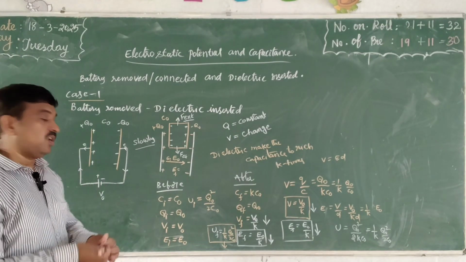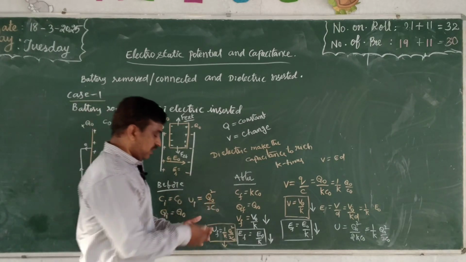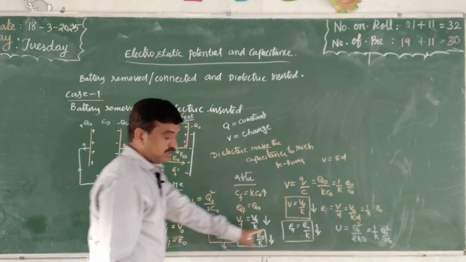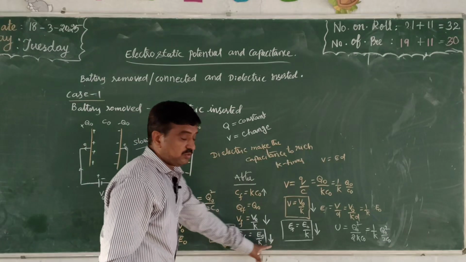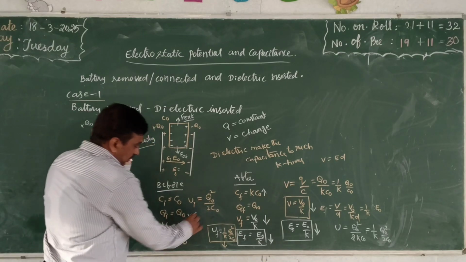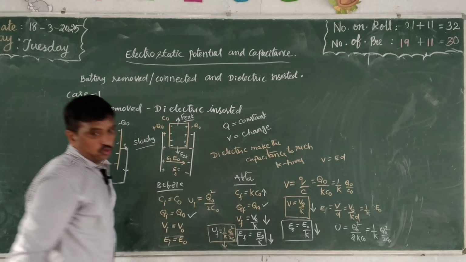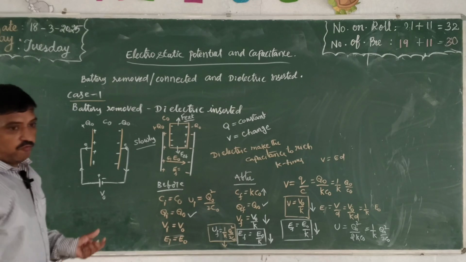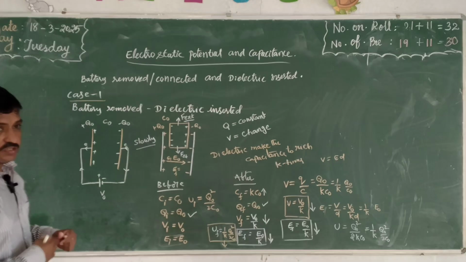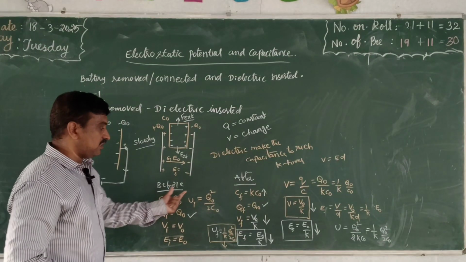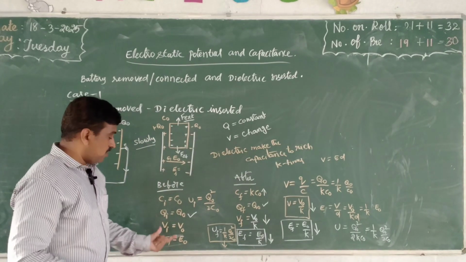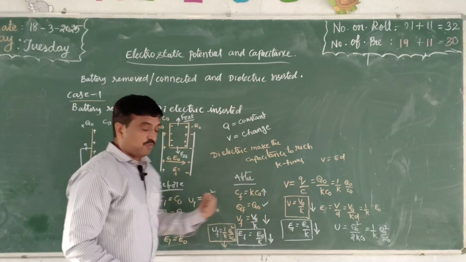What are the changes we observe now here? Capacitance increased K times, potential decreased K times, electric field decreased K times, potential energy decreased K times, and only charge is constant. See here, when the battery is removed and a dielectric is inserted between the parallel plates of the capacitor, what now here? Capacitance increased by K times, charge is the same, constant, potential is decreased by K times, V naught to V naught